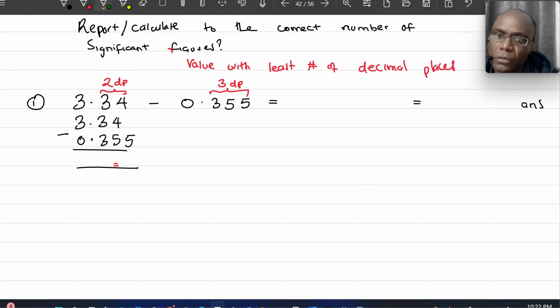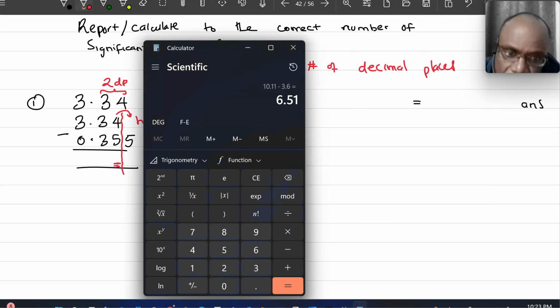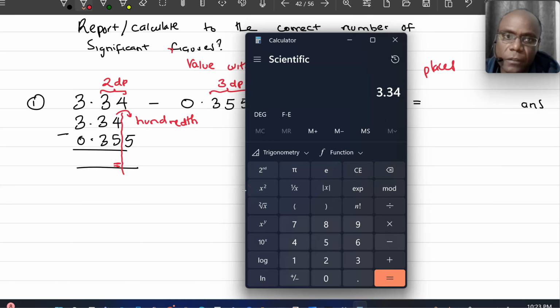The other way, you draw a line here just after the value with the least decimal places. This is on the 100th position. You draw the line there, and it reminds you that you have to report your answer to 2 decimal places. Now let's subtract this and see what we will get. 3.34 minus 0.355. The answer is